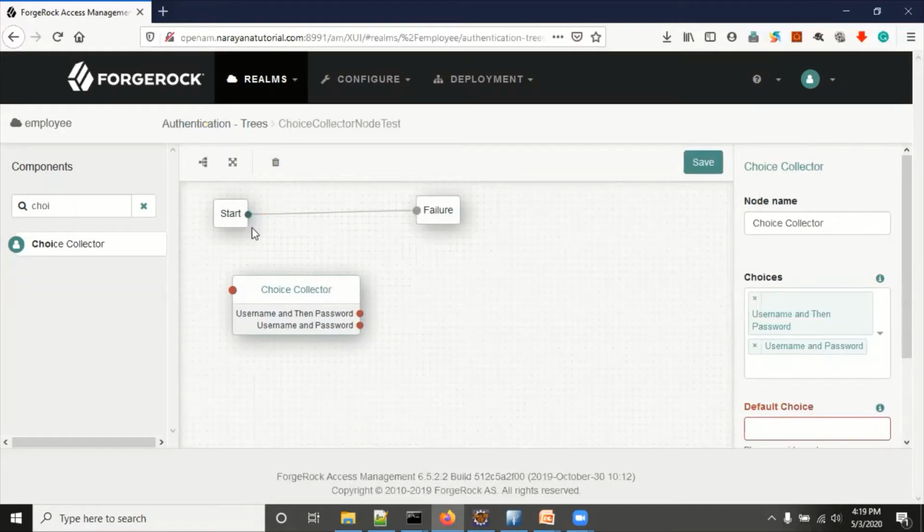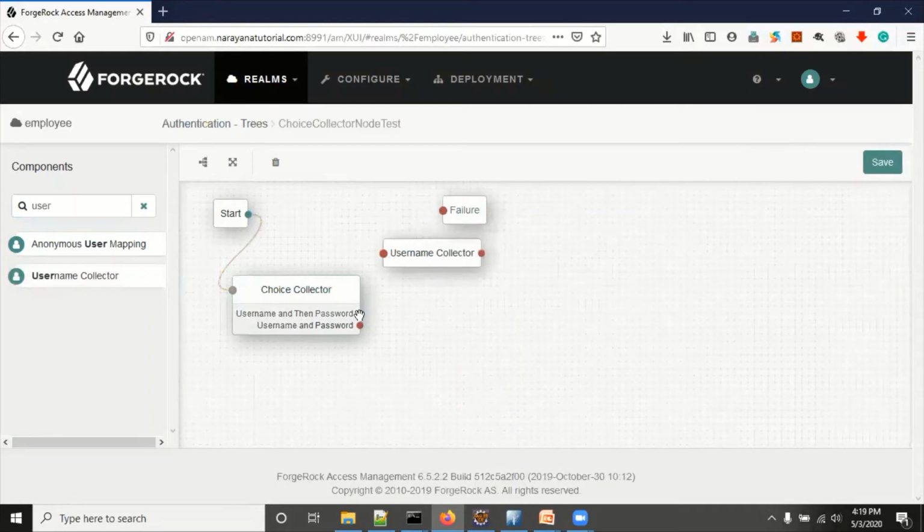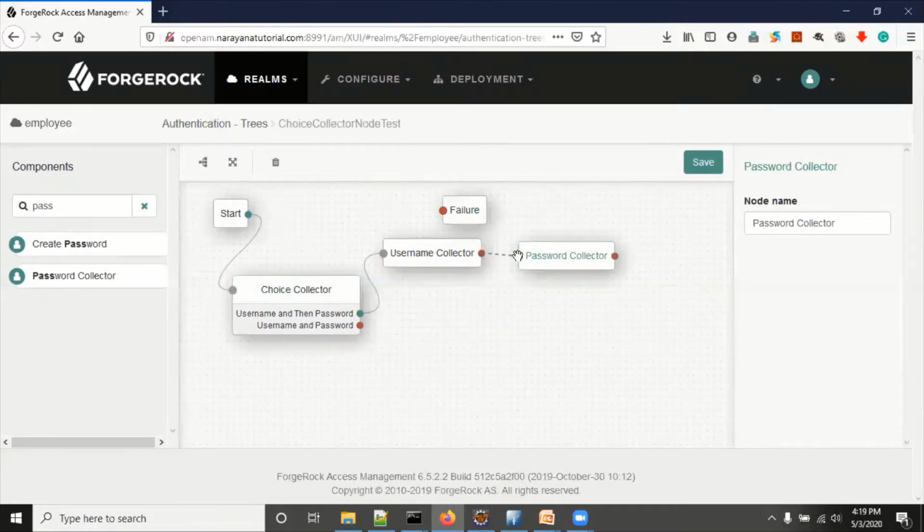Drag start to the choice collector. Now we need a username collector, because for the first outcome we are configuring username and then password. So now we have the username collector, and then we want the password collector. Okay, now the password collector is also ready.